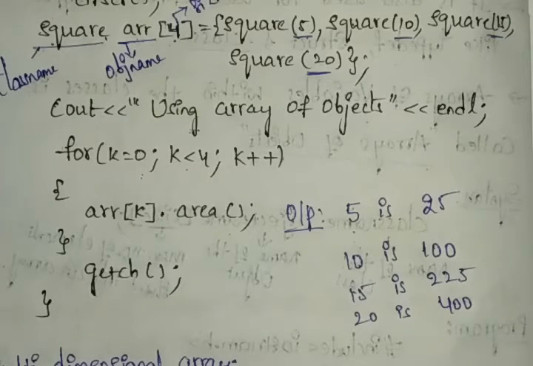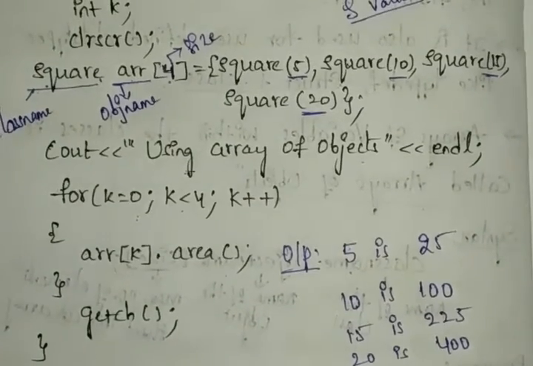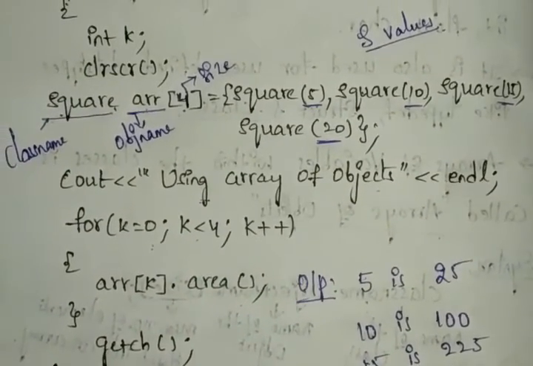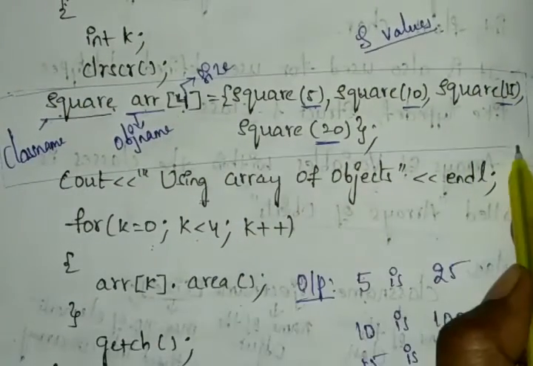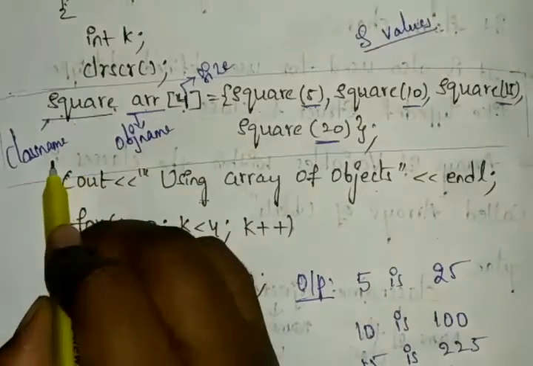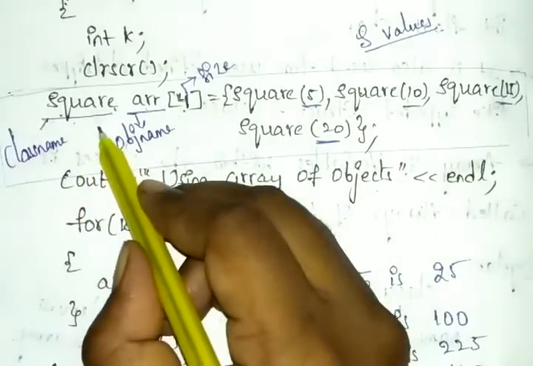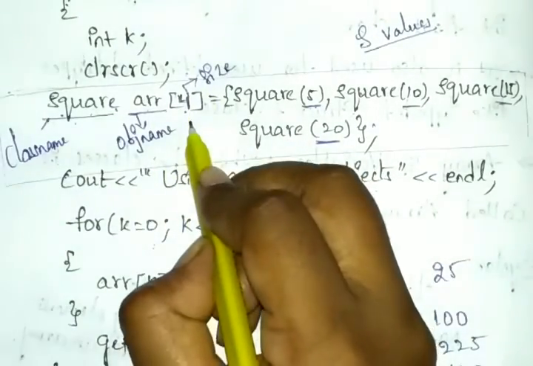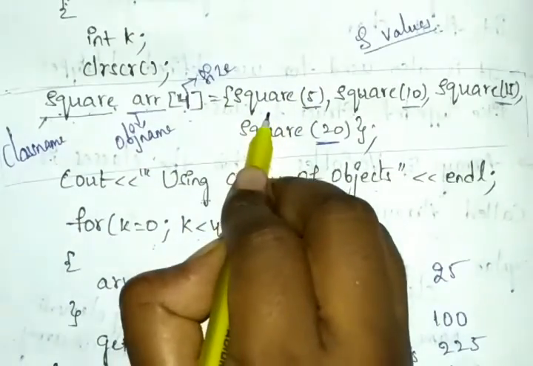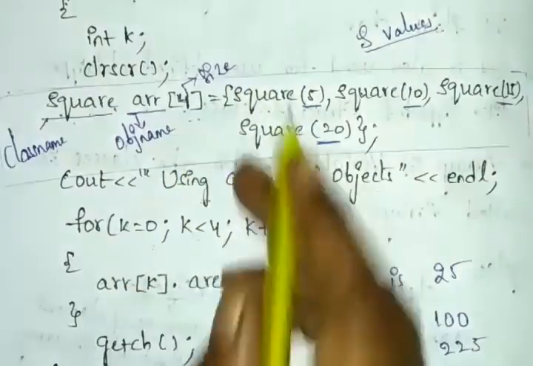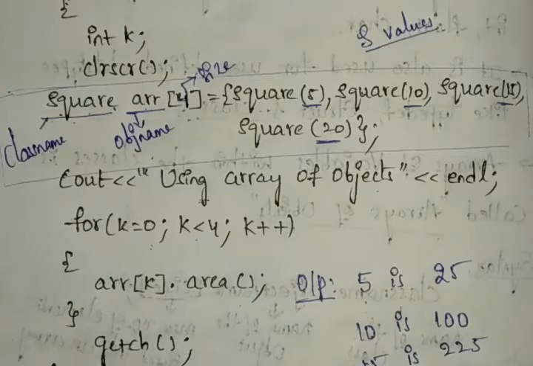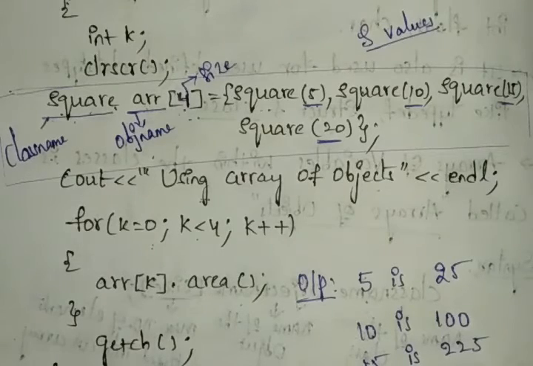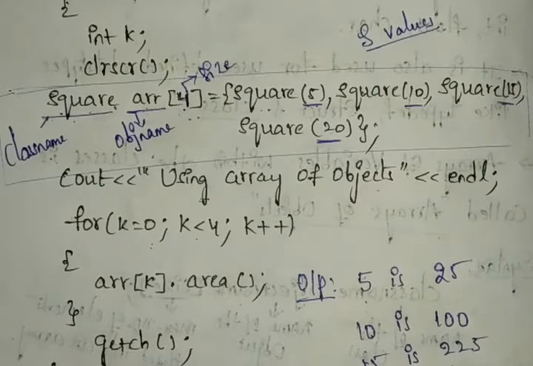What we need to observe in this program is just this line. This is our main line in this program. In this we initialized the class name, which means we declared the class name, object name and the size. Also here we initialized the values to our arrays. So like this we can perform the array of objects, and also we can perform this array of objects in multi-dimensional array format. How we can do that, I will explain by this example program.